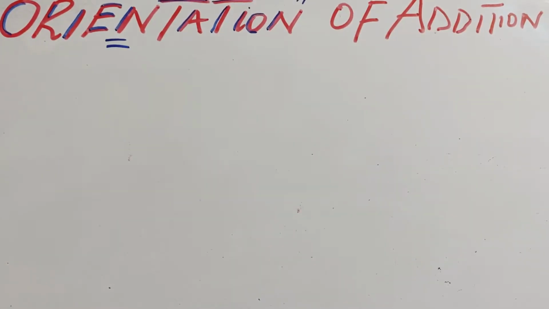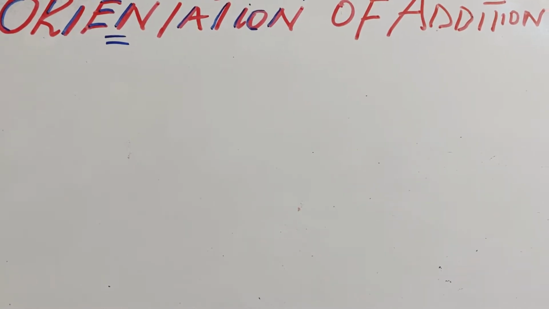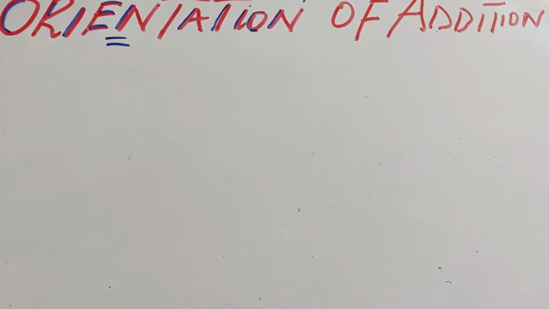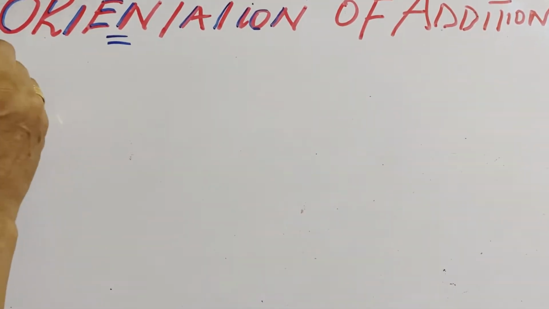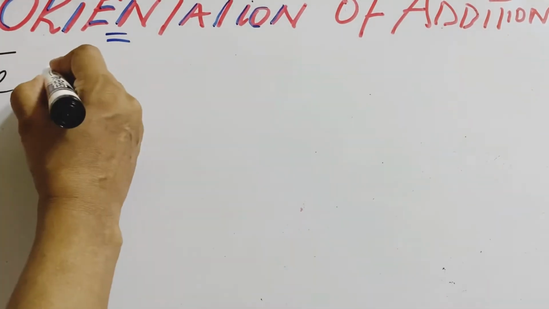I'm again continuing with a series of addition of different groups to carbon double bond. So today I've selected the topic that is orientation of addition. So now I just proceeded. The most common or the easiest